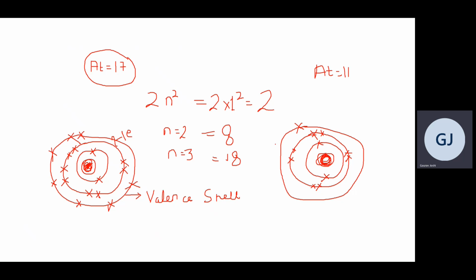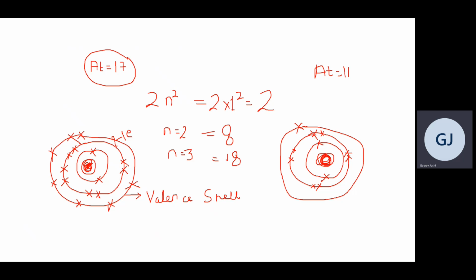So what can these types of atoms do? They can just transfer their electron. It is easy to transfer a single electron. If they are able to transfer the single electron from the outermost cell, they can complete their octet. Because this cell will then vanish when it transfers the electron, and it will be left with 2, 4, 6 and 8 electrons in the outermost cell. So in this way it will attain its octet.